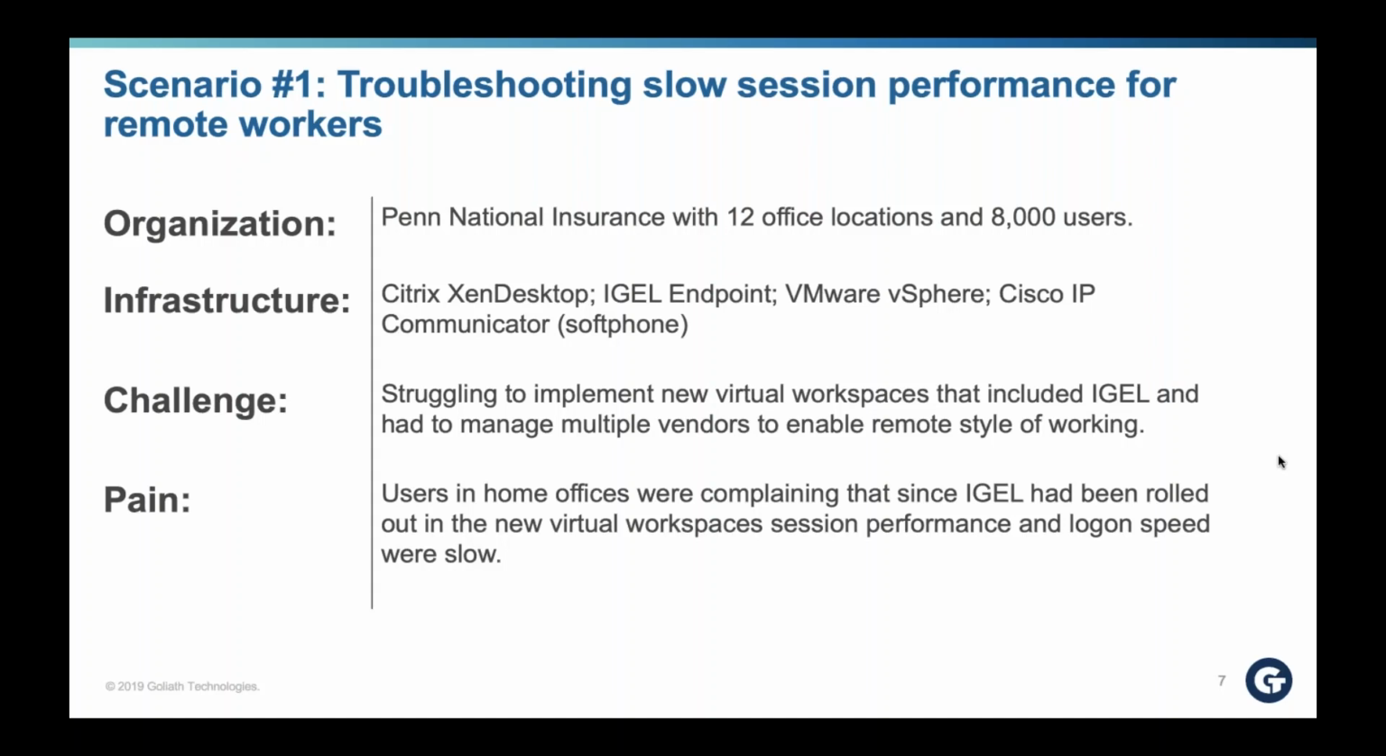So we went ahead. We're easy to get up and implemented. And what we were able to see, or what Penn National was able to see as they started to diagnose home office issues, the problem was not with iGel. It was not with the infrastructure layer. It was really around user behavior. So as a user called in complaining, they actually saw that the session performance was being impacted by competing bandwidth